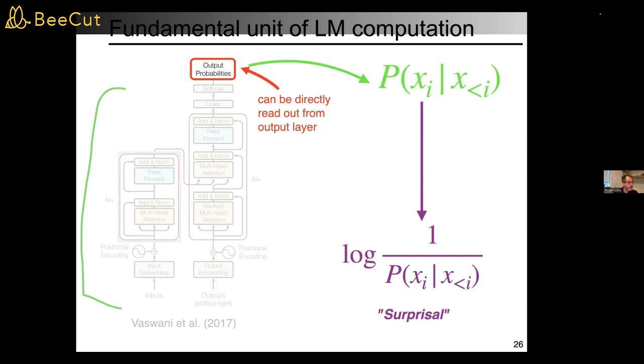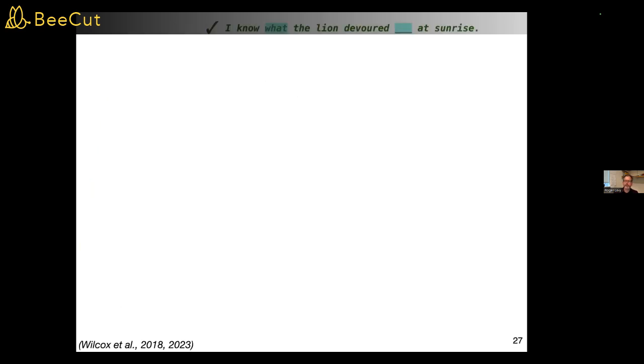One thing we've done, in a line of work whose crucial culmination is Wilcox et al. 2023, is use it for controlled testing of the grammatical knowledge of large language models. At the time that we started this back in 2018, I think many people in linguistics were very skeptical that what are now known as large language models would really be tracking something as deep as subtle aspects of what we consider the fundamental machinery of syntax and grammatical structure in language. But I think the picture has turned out to be very different.